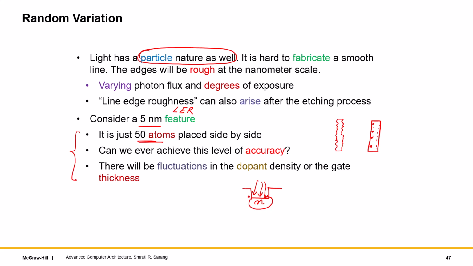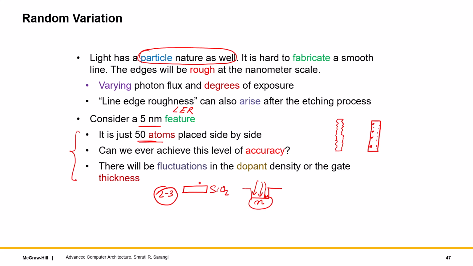You need very, very uniform dopant density. And even for the gate thickness, let's say the gate thicknesses are very low, incidentally. The silicon dioxide layer is only 2 to 3 nanometers, and it's very hard to have this kind of process control that it's exact. And when it's not going to be exact, you will have varying electrical parameters even across neighboring transistors, which would basically lead to